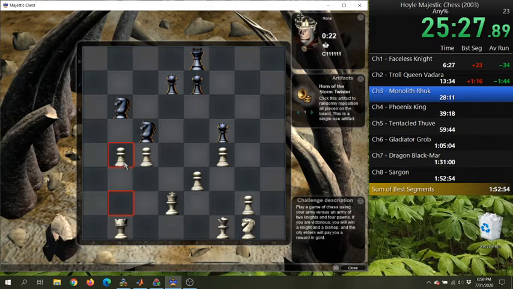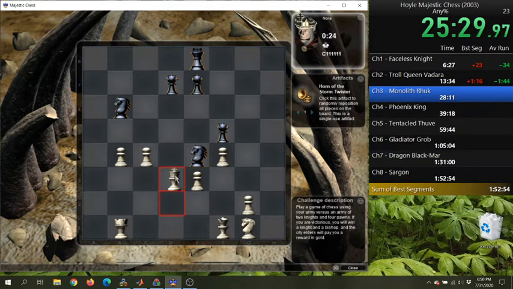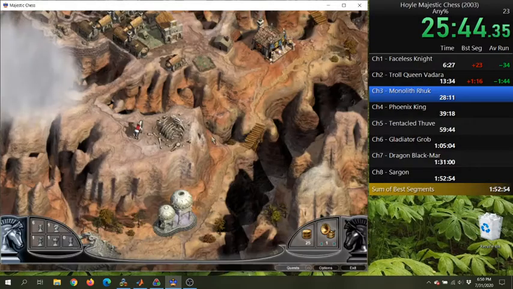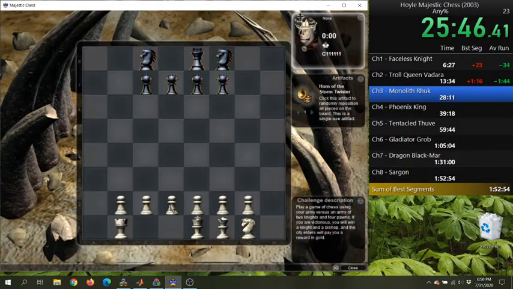When in doubt at these, I usually opt to trade when possible. That's inconvenient. Okay. Wow.